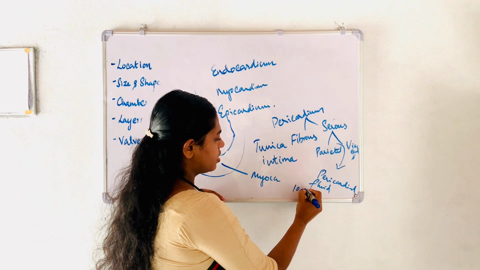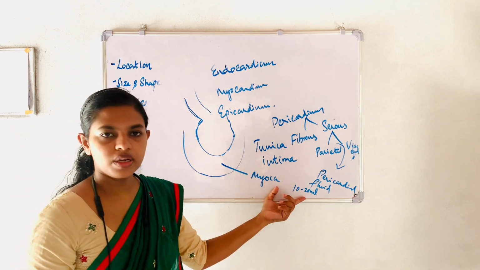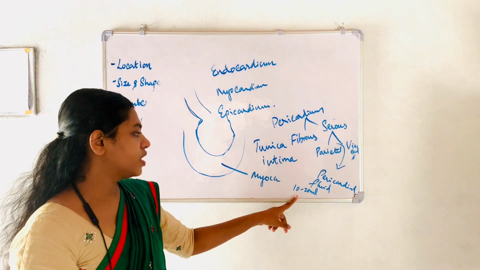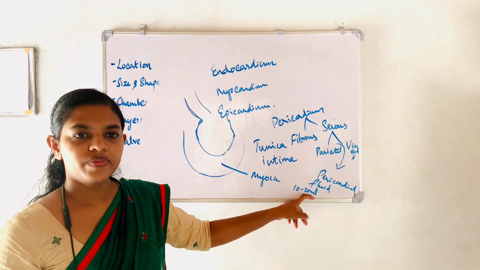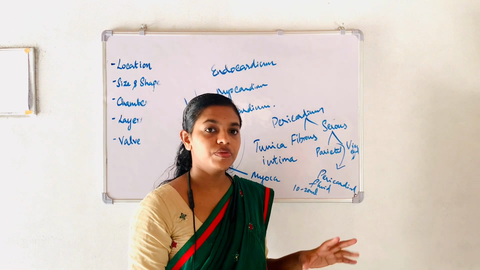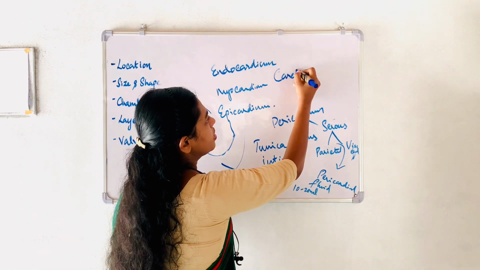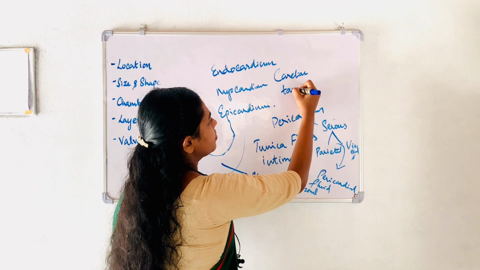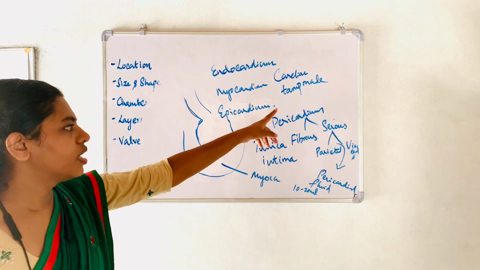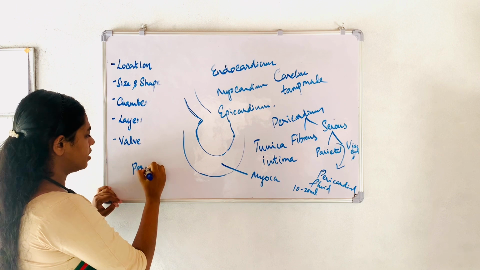It is around 10 to 20 ml. Few books tell that it is 20 ml and few books say that it is 10 ml. So it is around 10 to 20 ml, and when this fluid increases, that condition is known as cardiac tamponade. When it gets filled very fast, that is known as cardiac tamponade, and when it gets filled slowly, that condition is known as pericardial effusion.